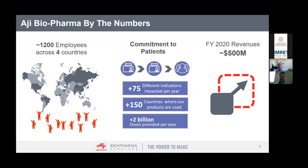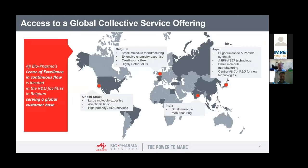Within the Ajinomoto Group, we have the Ajinomoto Bio-Pharma Services Group, and this is about 1,200 people spread over several sites located in 4 countries. We produce, on average, more than 2 billion doses a year against many indications. On the US side, we have sites specialized in large molecule manufacturing, fill and finish, high potency, and antibody drug conjugates. The India and the Japanese sites from Ajinomoto Bio-Pharma provide small molecule manufacturing, and a large part of several sites also work on oligonucleotides and peptide synthesis, mainly thanks to the AjiPhase technology, allowing large-scale manufacturing of those